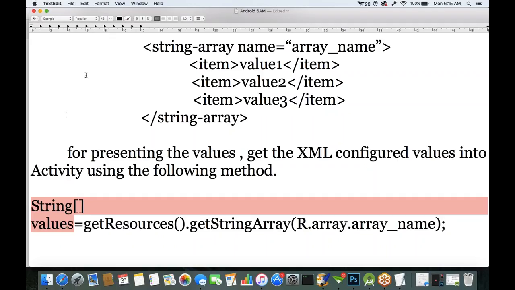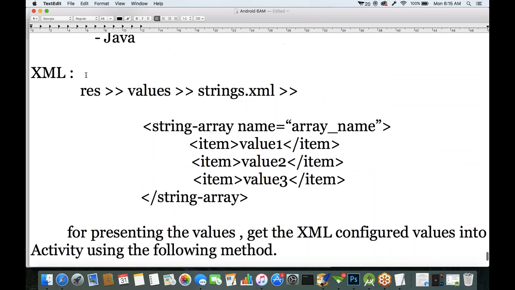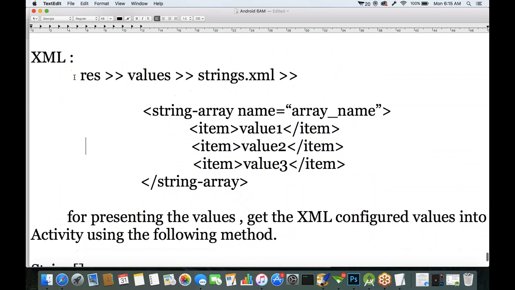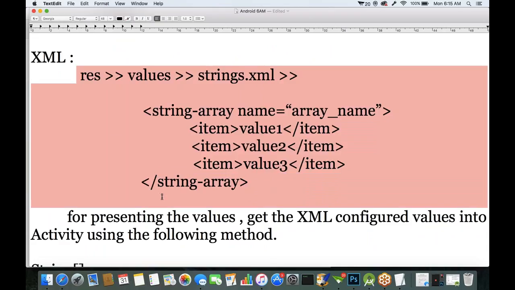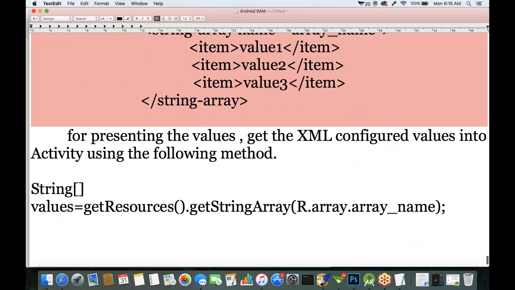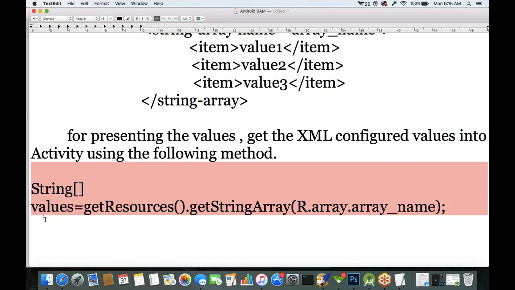For presenting the values, first we have to configure the values either in XML or Java. This is the first approach. Configure the values in this XML file, and for presenting the values, first get the XML configured values into your activity class. Next,